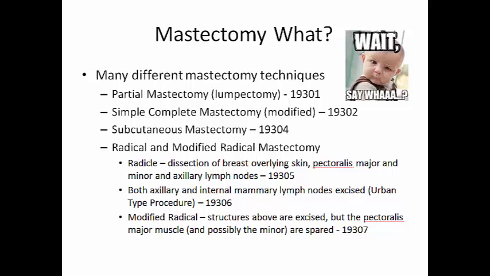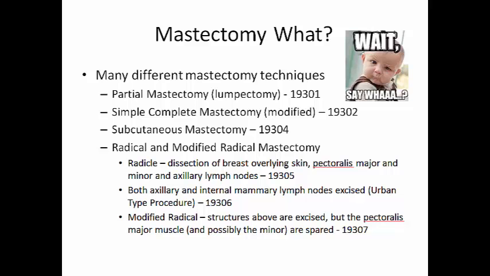So partial mastectomy, otherwise known as a lumpectomy, a quadrantectomy, or a segmental mastectomy, is coded to 19301. A simple complete mastectomy or a modified mastectomy is 19302, and that's the removal of all breast tissue along with a portion of skin and nipple. And documentation may also include modified simple mastectomy, which spares the skin and nipple, but all subcutaneous tissue is